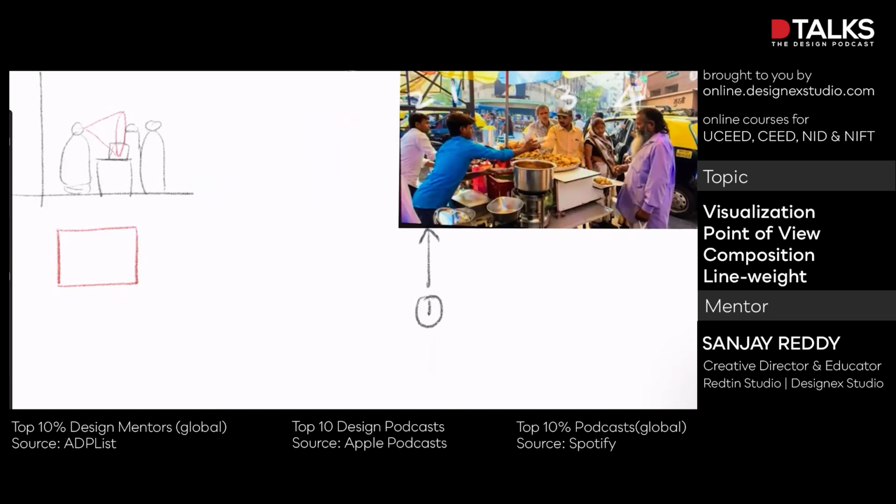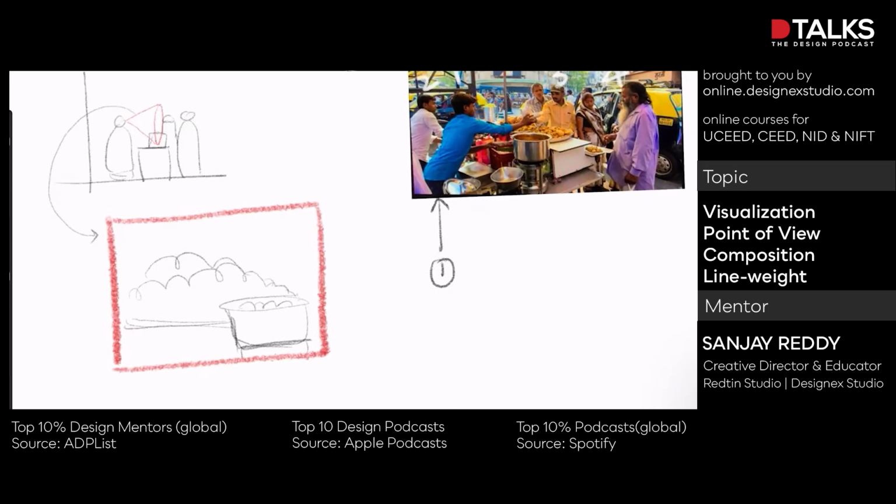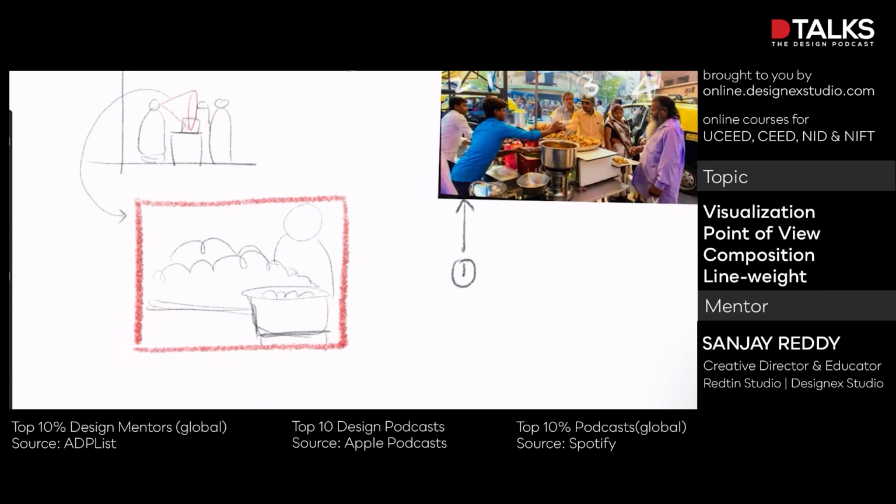So what will this guy see in this frame? Whatever is in the utensil, whatever is placed in front of him. क्या दिख रहा है उसके cone of vision में? What is he seeing? Then he'll see couple of people,